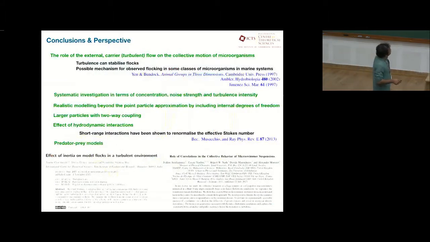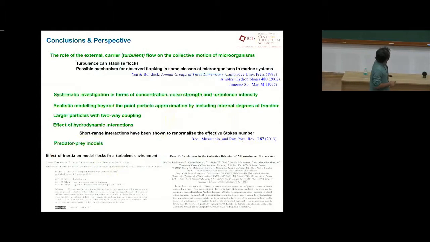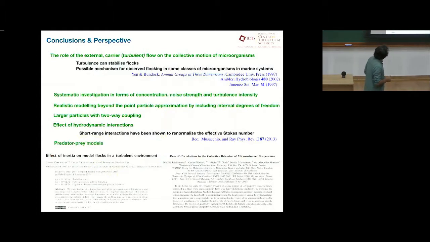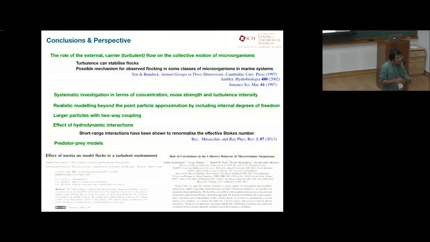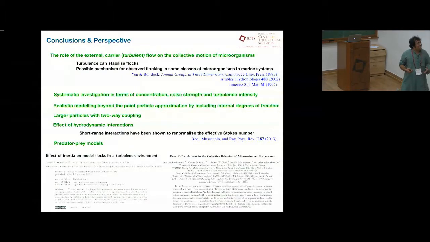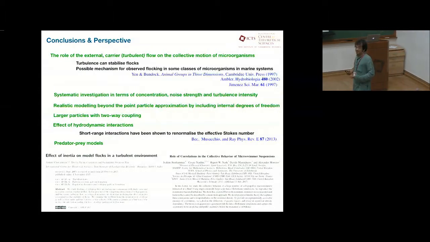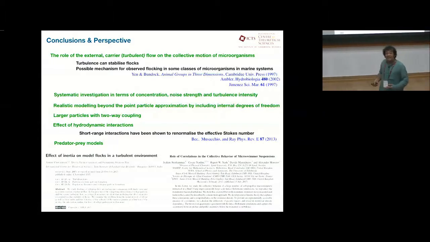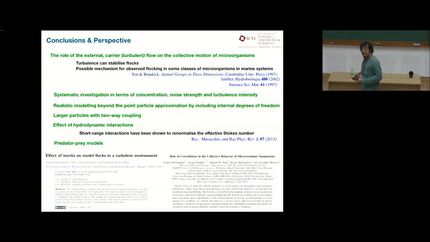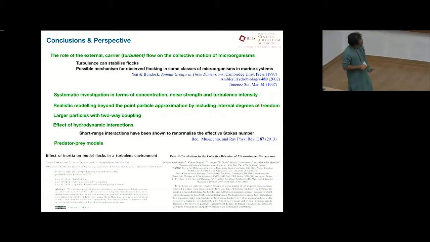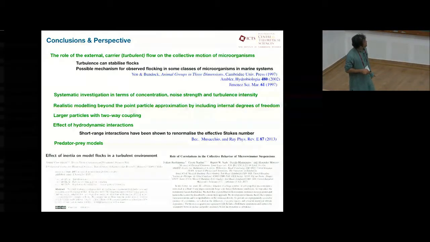This part, and then I'll just speak about chains in a bit. So what is the point that I'm trying to make? The point is rather strange: we now know a lot about passive particles in turbulence. And so we are taking the next logical step, in some sense, in trying to introduce activity in the particles. When you do that, a naive guess would be, because the flow is so nonlinear and rapidly changing, that flocks may not be able to stabilize. What we showed was that this is not quite true, and that the turbulence can stabilize flocks.